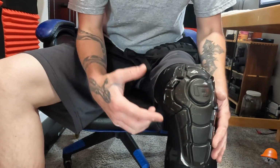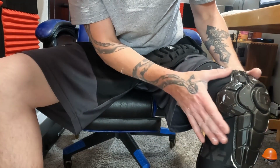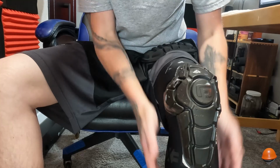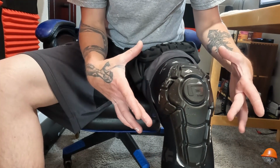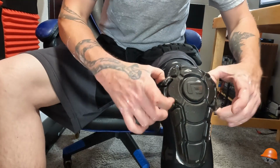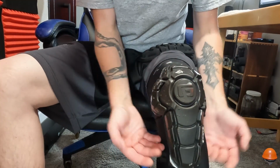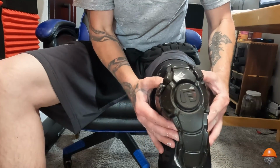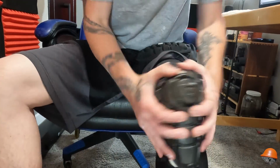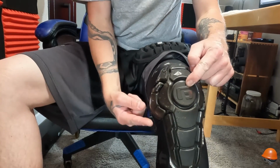But with the KLEIN knee pads, you see how nice this conforms to my knee when it's bent? You see how nice that is? It sits flush. The KLEIN one stuck out. It was like the material bunched up and was sticking out. It's hard to explain. They had all of that gel behind this surface, so it was out a lot further. With the G-Form, it doesn't move, it doesn't roll. But the KLEIN knee pad with that gel behind it, which I was expecting,